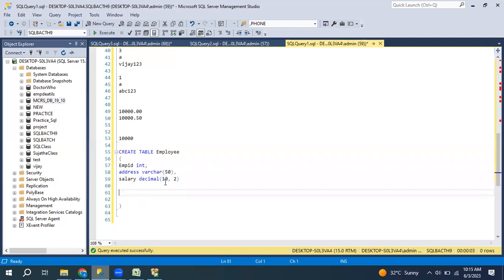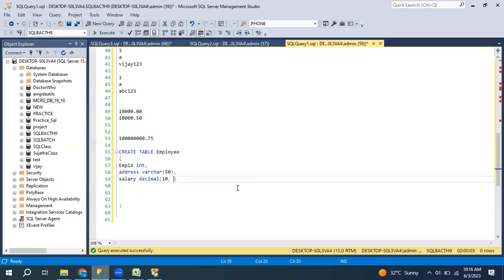Decimal 10 comma 2. This is precision and this is scale. What is precision? For the amount information, this is precision. Up to 10 digits we can enter here. Then when I give 2, it means like 50 paisa, right? Usually we have 50 paisa, 99 paisa, up to here only. In our currency, we can consider only up to 2 digits: 50 paisa, 99 paisa, 75 paisa, right? In Indian currency, we only bother about these two. This is the scale value, right?